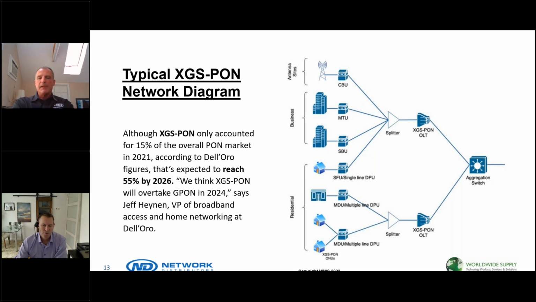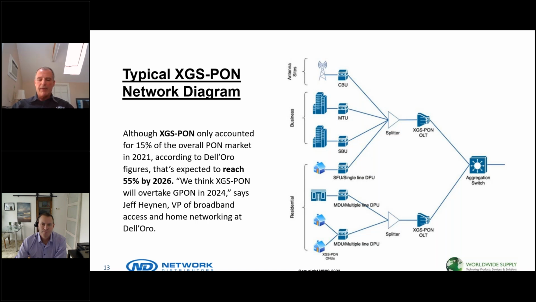So GPON has been around for 30 plus years or so. And a lot of people are running out of steam with a 2.5 gig down rate that they have and a 1.25 up rate. So there's a lot of people with brownfield deployments that actually have PON already placed, GPON, and want to add XGS PON. And we'll be talking on the next slide about the combo parts. But the bottom line is most of the new people that are investing in FTTX, if they're going with a PON technology,